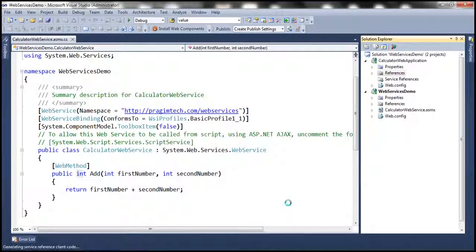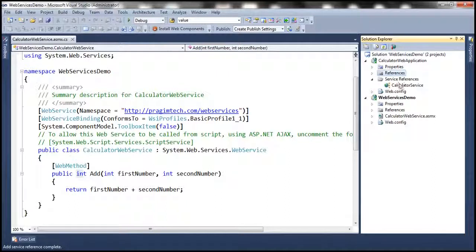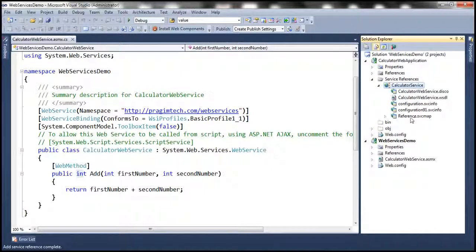So once we click OK, what's going to happen now? Visual Studio, based on the WSDL document, is going to generate a proxy class for us. Look at this. There's a folder called Service References, and under that we have the namespace that we have provided, which is Calculator Service. And if you want to look at the generated proxy class, click this button within the Solution Explorer which says Show All Files. And then if you click this arrow, there is Reference.svcmap, and if you expand that, we have this Reference.cs